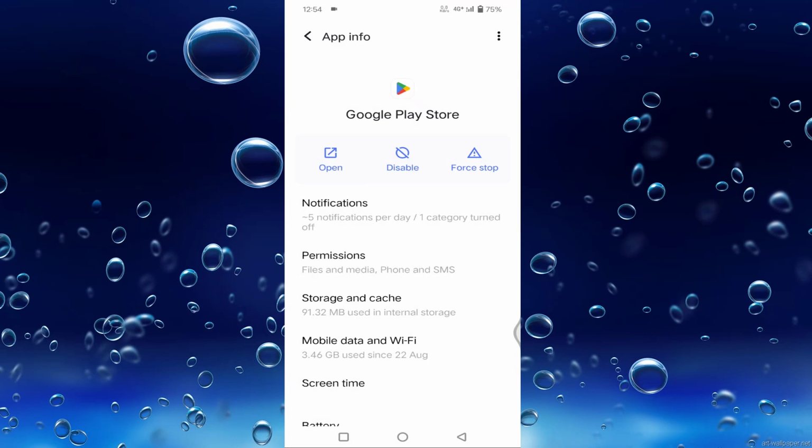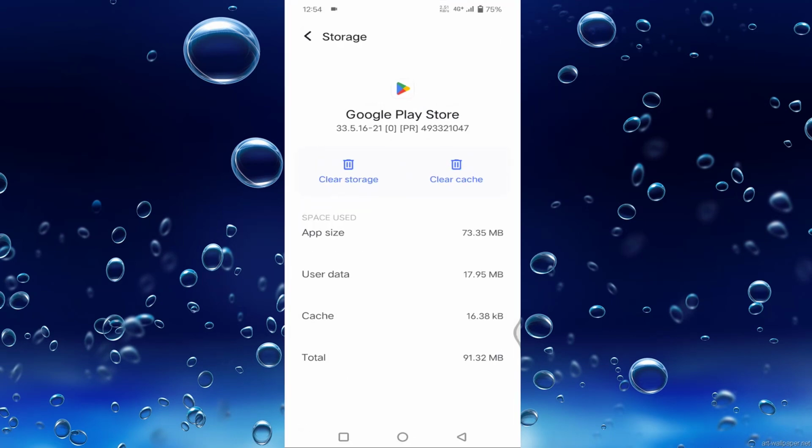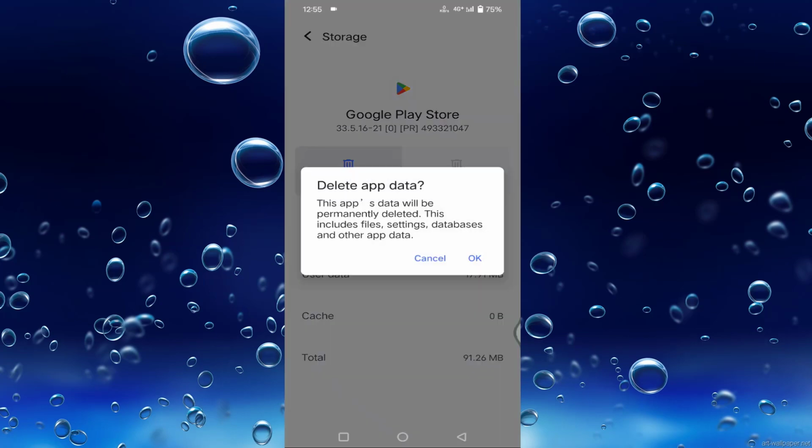After that you will find here storage and cache, just tap on that. Tap on the clear cache and tap on the clear storage. Before tapping OK, you have to make sure that you have remembered your Gmail user ID and password. If you know your Gmail ID and password, just tap on OK. After that, then go back